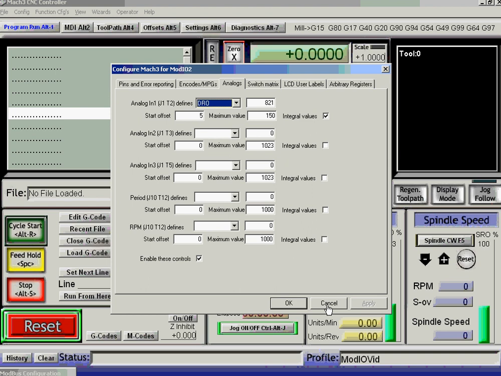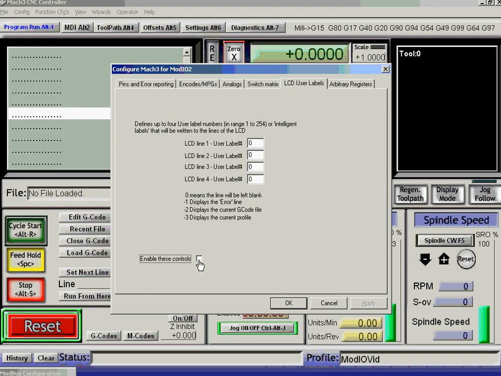So that's analog inputs. Let's look now at LCDs. We go to the LCD. Let's enable it before we start so we don't forget this time. I would like one of my LCDs, this is on the Mod IO 2 we're configuring, to display what the error line is. So the first line of the LCD, if I type the value -1 in there